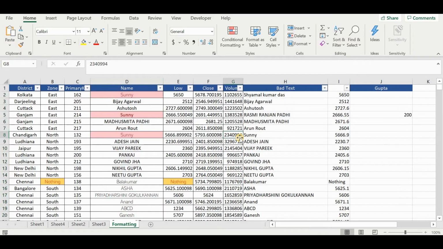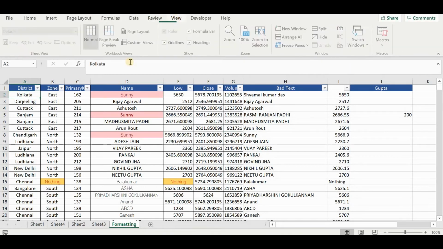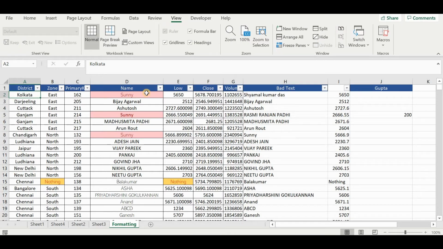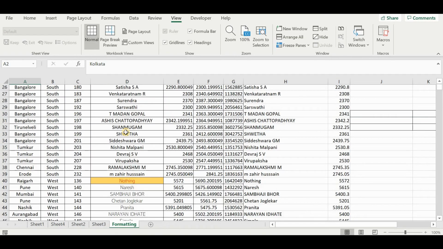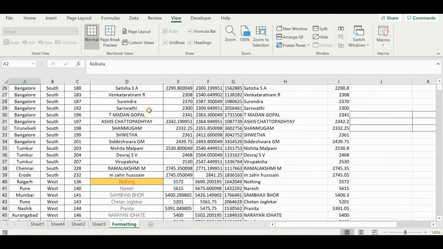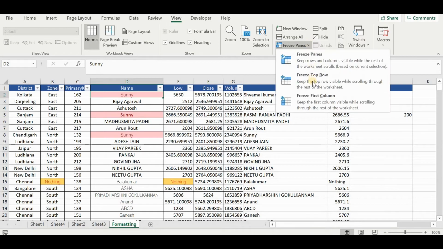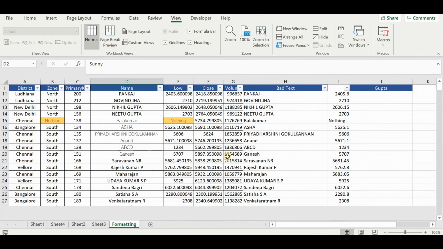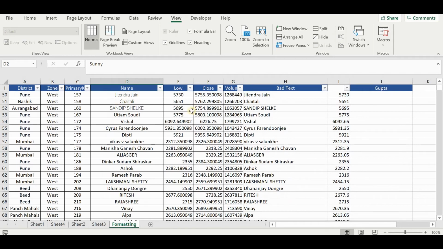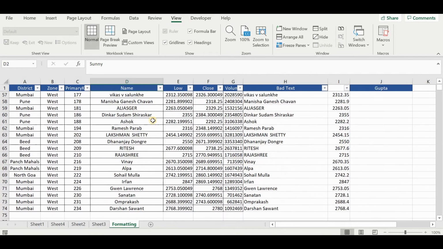Okay, next topic is how to freeze panes. It's very simple. You'll go to view. Suppose you want to freeze the first row. Freeze panes means that even if you scroll like this, now I don't know what the header is. So if you want the header to remain always, we use freeze panes. I'll show you how. Come here, click on freeze top row, and even if you are scrolling down, the first row is stable. It's not moving.